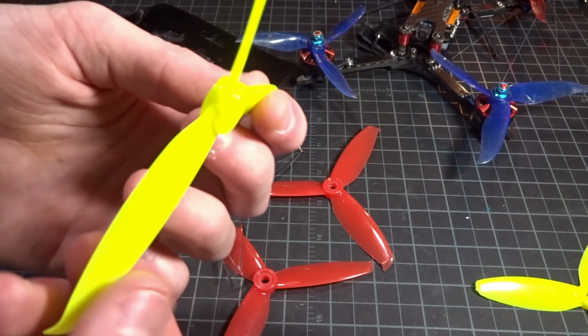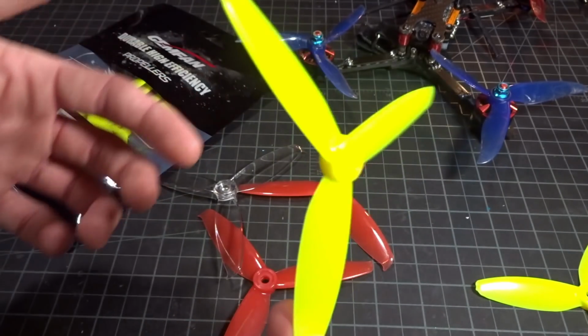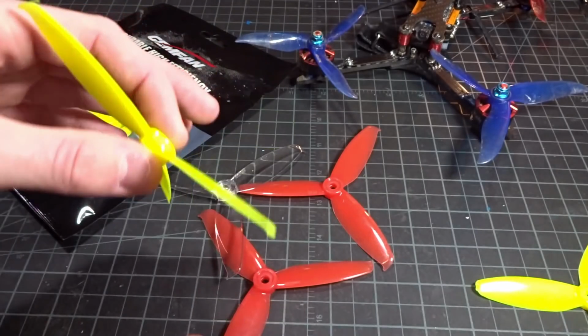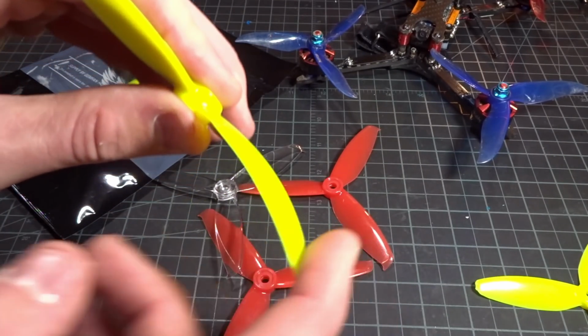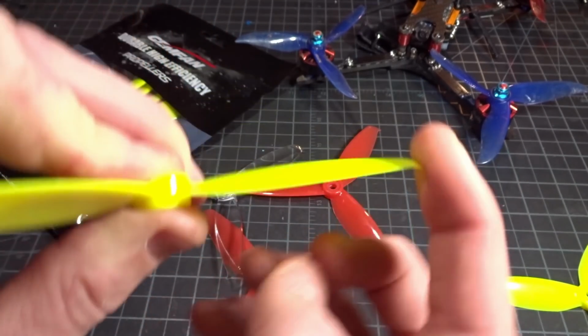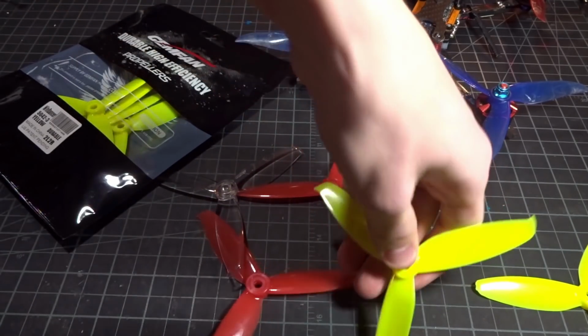Probably just a little bit more amps than a standard 5x4x3. So you're going to be able to get at least 3 minutes of freestyle, probably, obviously, depending on how you fly. In terms of durability, I only crashed these guys a couple times, but I didn't break any. They sort of bend just like that right there. I didn't have any problems, but I would imagine in a hard hit, they are going to bend right up